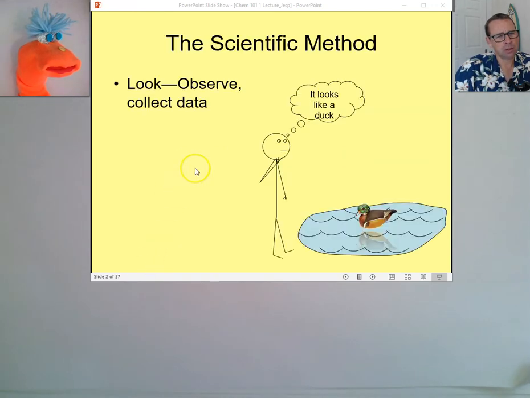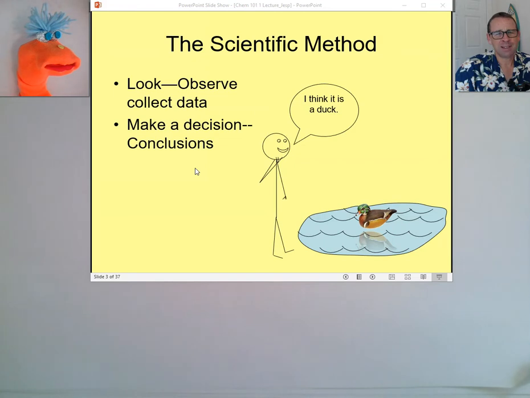We're going to start with a little bit of review. I'm sure most of you have heard of the scientific method, but the scientific method is a cycle. That's the one thing I want you to recognize. It's a cycle of making observations and then making conclusions based on those observations. Sometimes we call that conclusion a hypothesis because in a way it's the beginning of a new experiment.